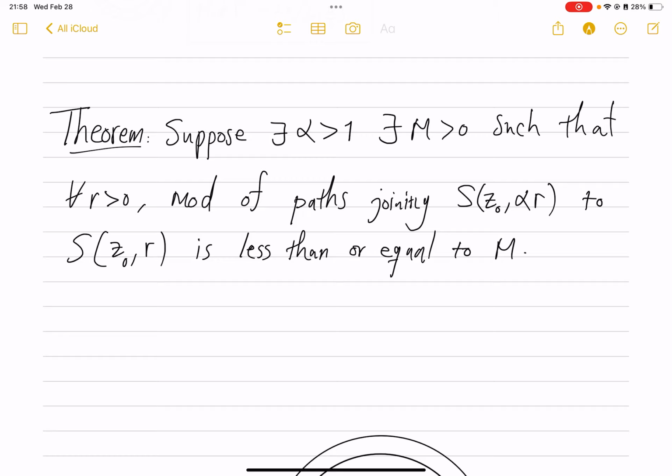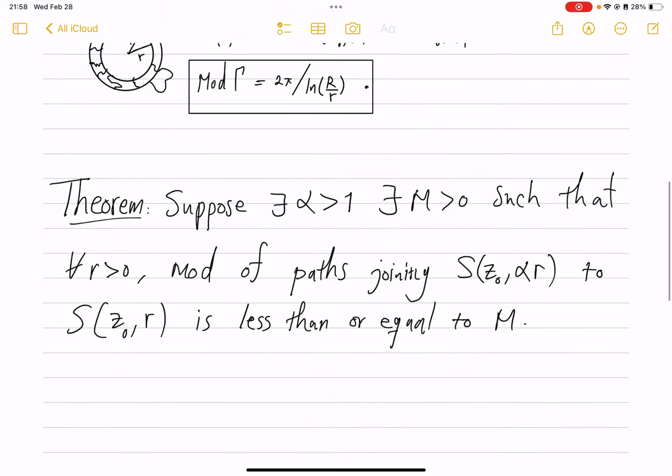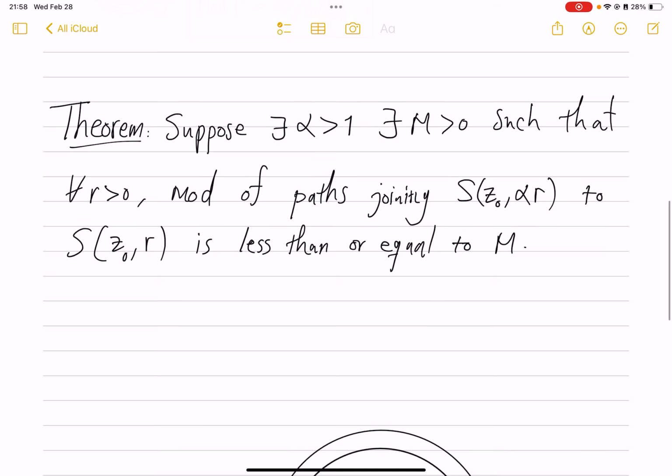The reason I'm stating it this way rather than using this precise one is that actually we can here replace this mod 2 with mod p if it's applicable. Or even there is this notion of transboundary modulus. So you can imagine that this is any other type of modulus. And the reason I'm giving you this proof of the above fact is that the method is applicable in many different contexts. So all we need is that for annuli of ratio alpha, the modulus is uniformly bounded, independent of the size of the annulus. Then